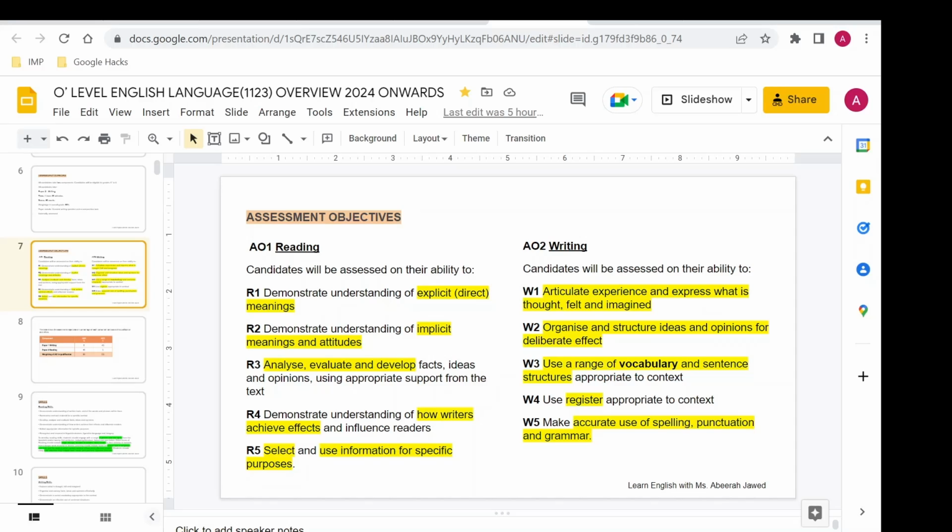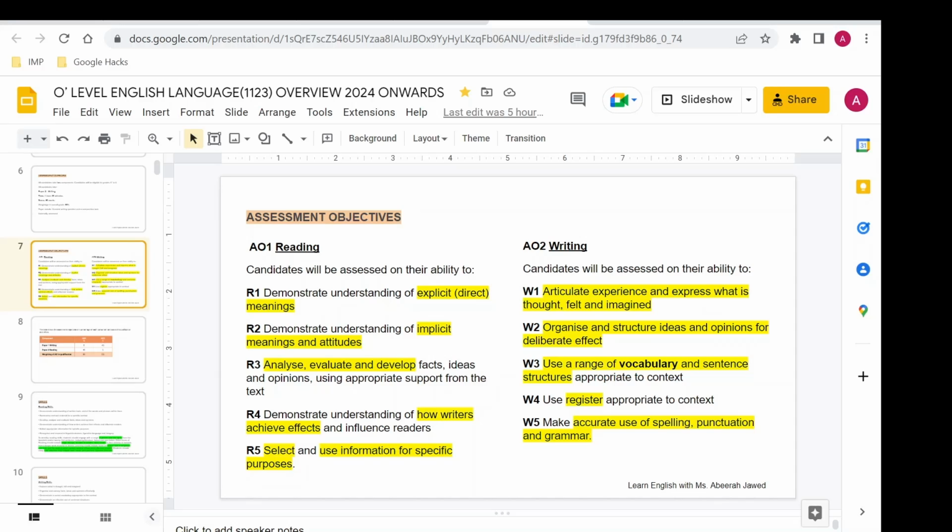We'll also learn to analyze, evaluate, and develop facts, ideas, and opinions, mainly identifying and developing facts through the summary writing questions and directed writing questions. When you read a particular passage, how do you pick information, specifically when writing a summary or answers to the comprehension questions? How can you get support from the evidence in the text while writing your answers?